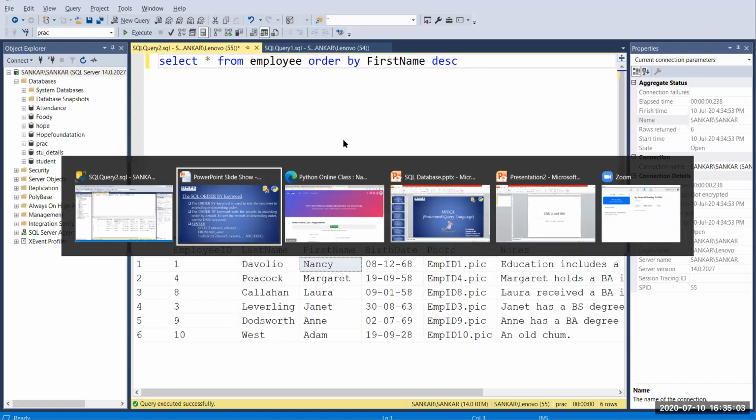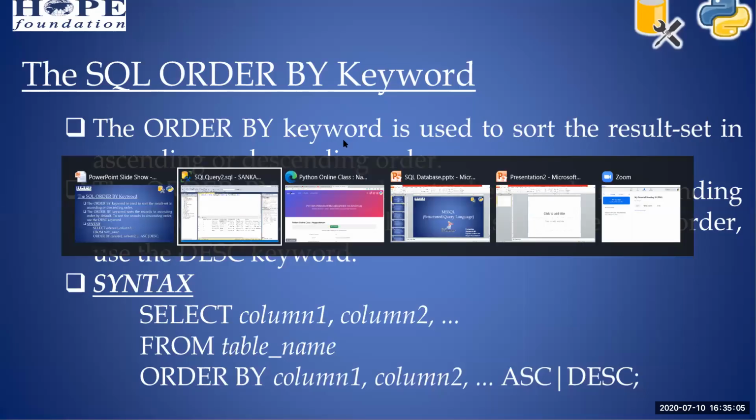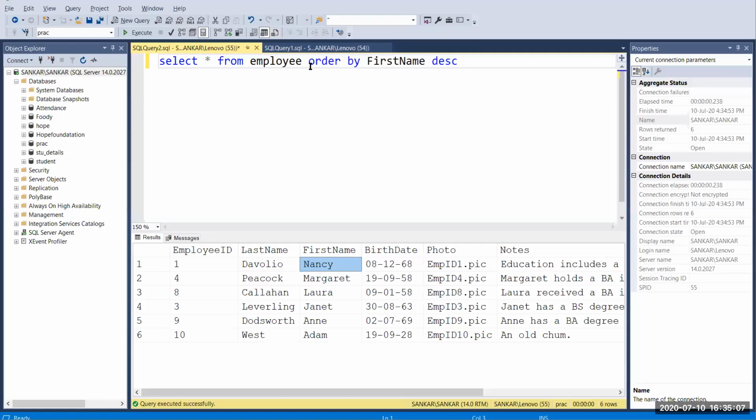So you can use order by at the end of your query. If you want to give a condition or a filter, you can pass your filter in front of your order by clause, with WHERE. Here you can pass your condition. So I'm going to give the birth date.